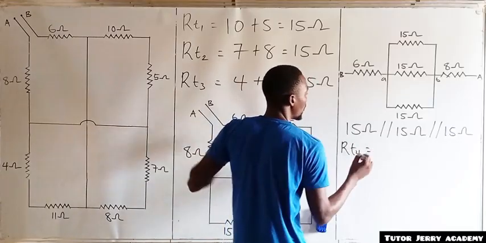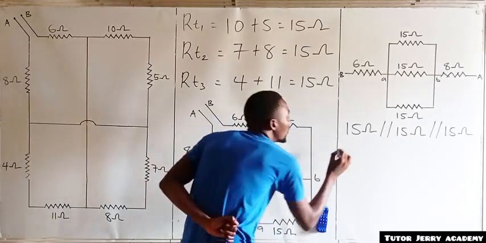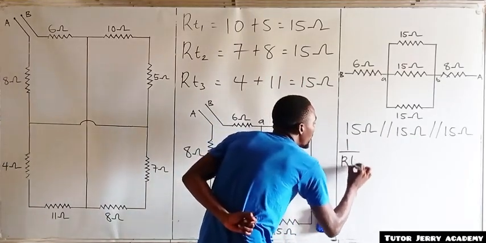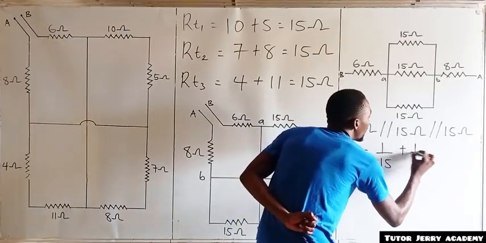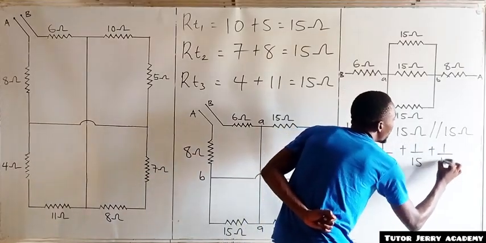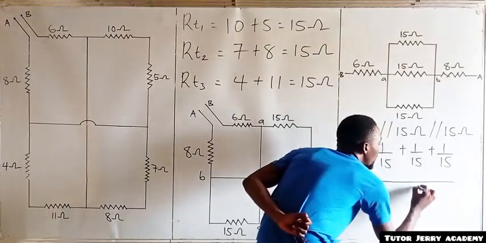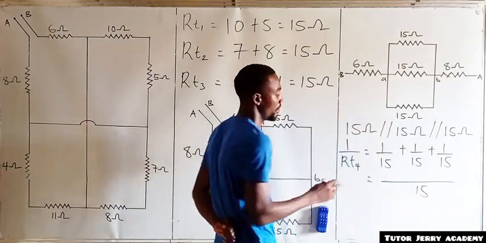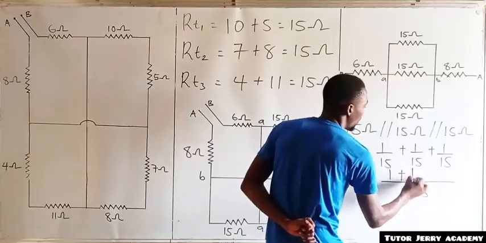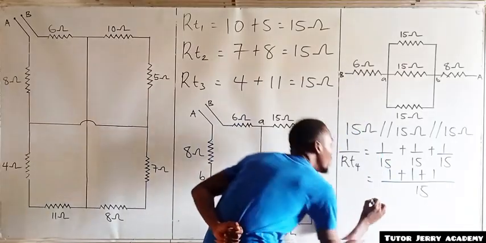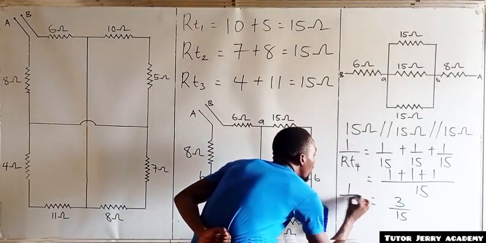RT4 will be equal to, because they are in parallel, 1 over RT4, which equals 1 over 15 plus 1 over 15 plus 1 over 15. So this will be equal to the LCM of 15, 15 and 15, which is 15. 15 in 15 is 1, 1 times 1 is 1; 15 in 15, 1, 1 times 1, 1, plus also 1. So this will be equal to 3 over 15. So don't forget this is 1 all over